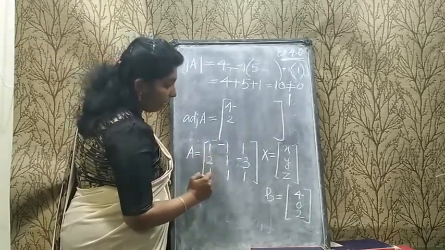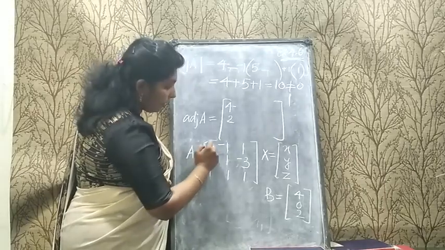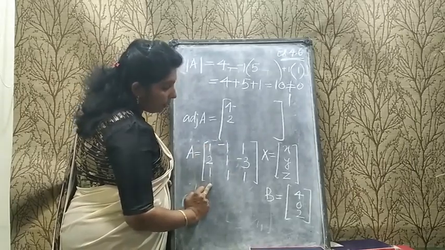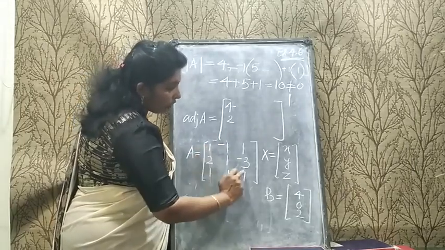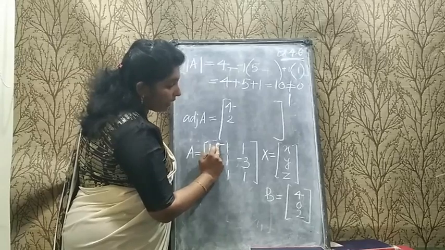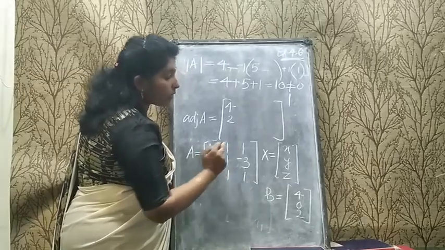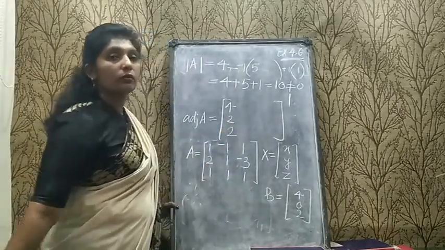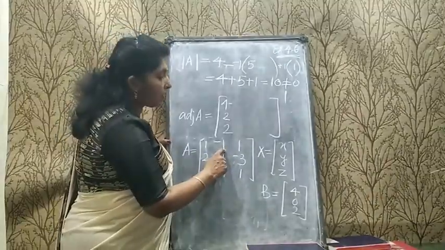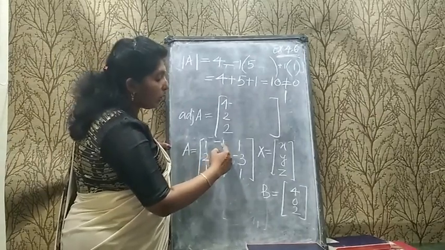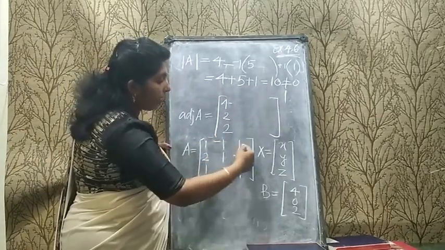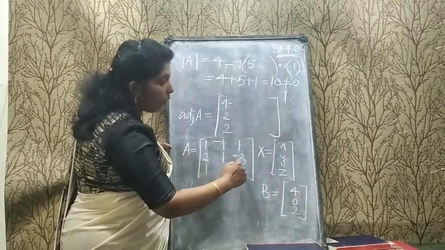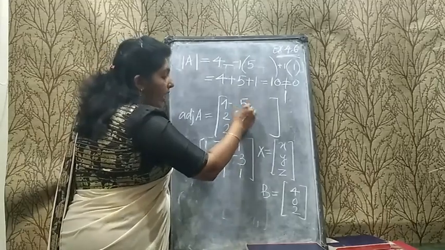Now next one, you have to find out the cofactor of this term. For that you have to eliminate this row and the column. So while eliminating these two, minus 3 into minus 1, that is 3. 3 minus 1 is 2. Okay. Next I am going to find the cofactor of this. So eliminate the column and the row including minus 1. Then 2 into 1, 2, minus of minus 3, that will be 5.